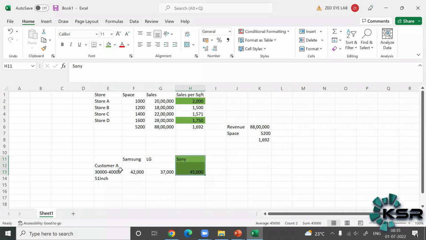And if you're a really good salesman, and if you convince him, he will extend his 5,000 extra and put it in Sony. So that is upselling. Now if that is upselling, what is cross selling? Now the same customer, he has come for Samsung, LG, Sony. Now along with this, you sell him